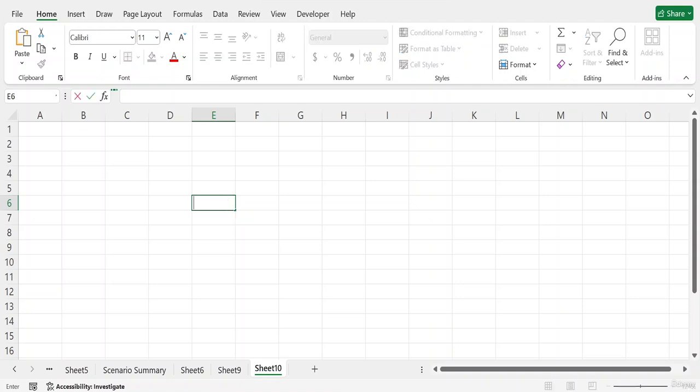Let's say I add 5 here, then I will use the plus operator and then I will add another 5, and it will give me 10. As you can see, I have used the equal sign first, and this is the common thing: you have to put the equal sign first and then use operands. These can be numbers, cell references or text.